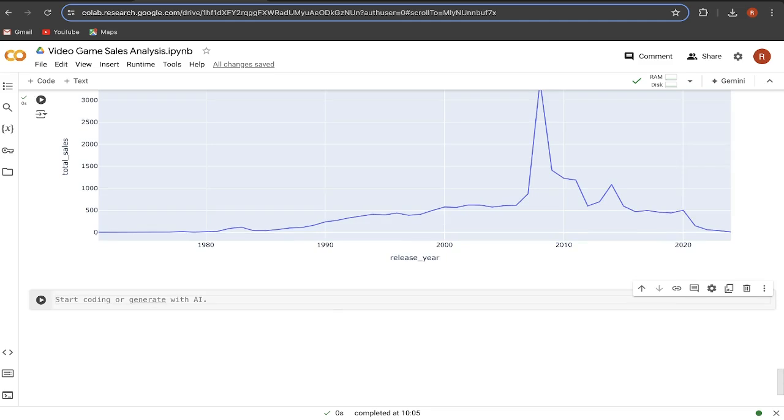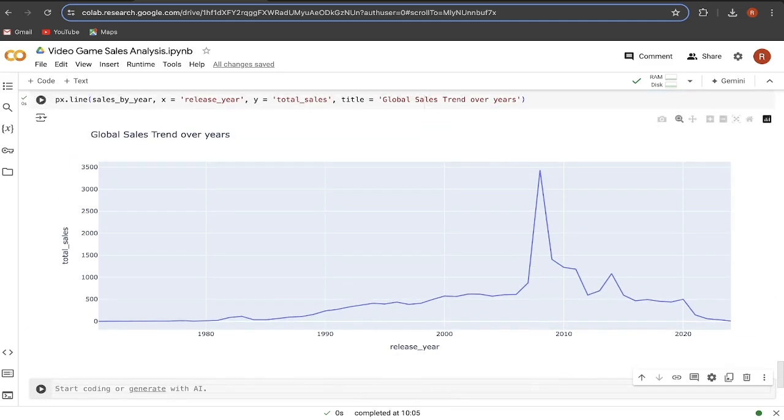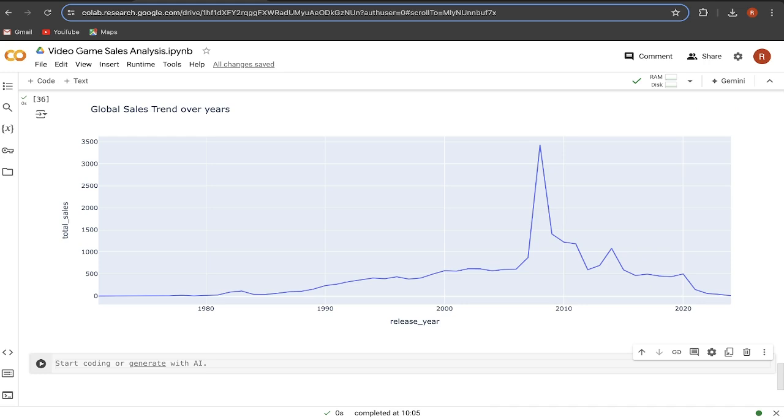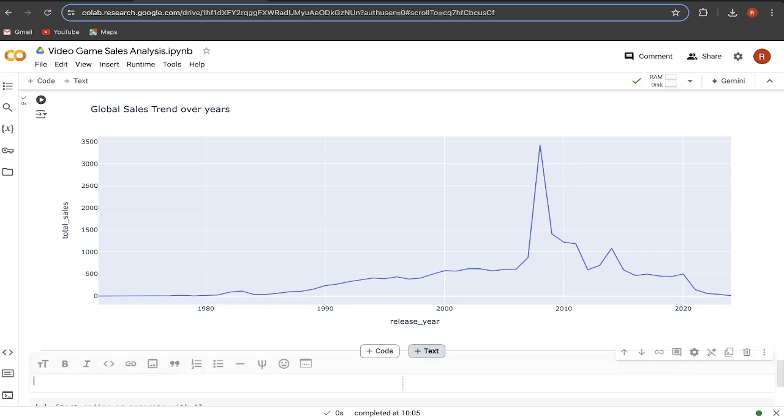So the same thing we can even see in this line plot as well. In 2008, when you hover upon the plot, you can see the release year 2008, the highest sales made in that particular year. So the conclusion is, right now the industry isn't making any progress or any uptrends, nor is the industry growing right now, but the industry grew very drastically in the year 2008, somewhere around the year 2008 we can say. So the conclusion here for your second sub question, that is conclusion